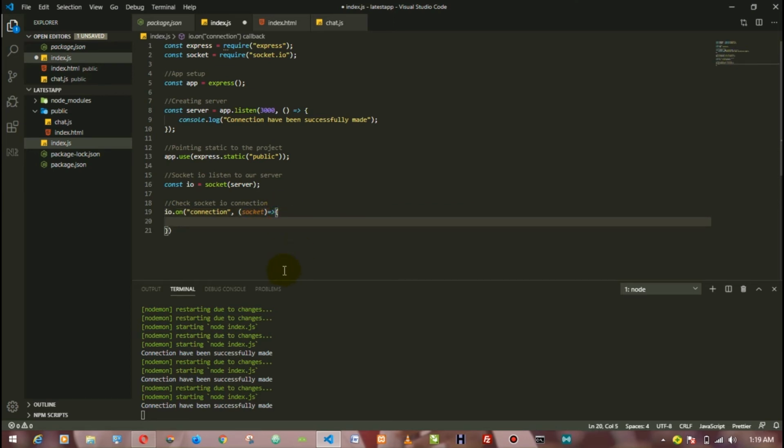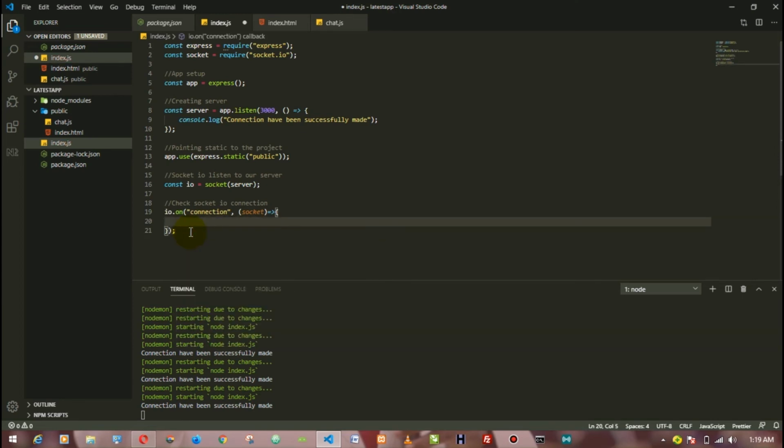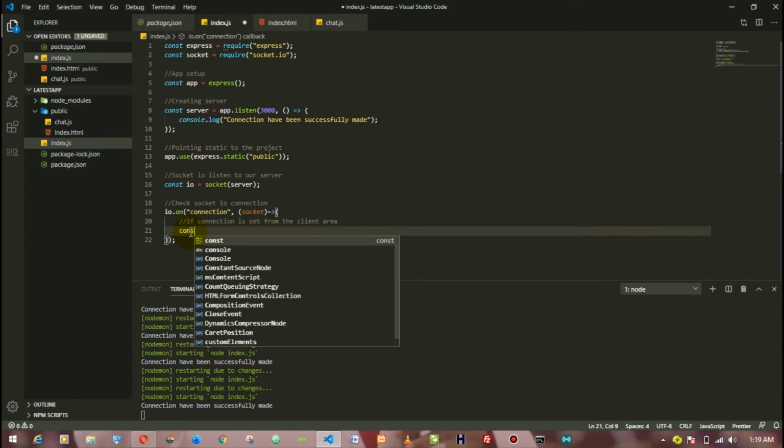Then I drop it down and say if the connection succeeded, if connection is set from the client area. So if connection is set and is identical from the client area to the server, do this thing for me. That's what I'm trying to do. So I will make a log. So console.log,